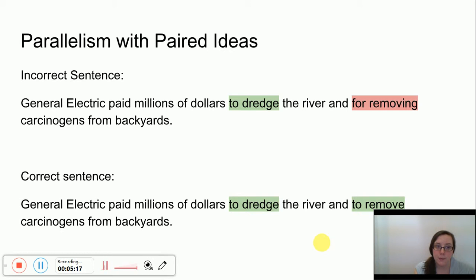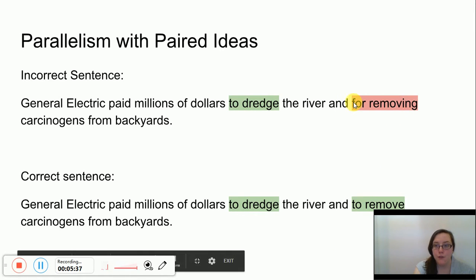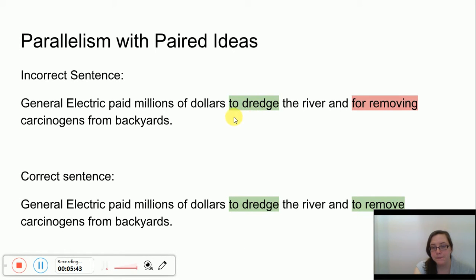So, for example, the incorrect sentence is, "General Electric paid millions of dollars to dredge the river and for removing carcinogens from backyards." Again, there's not really anything necessarily confusing about that, but it can be improved. It can enhance your writing. Your writing sounds smoother if you change "for removing" to "remove," because we noticed that our verb was that infinitive,